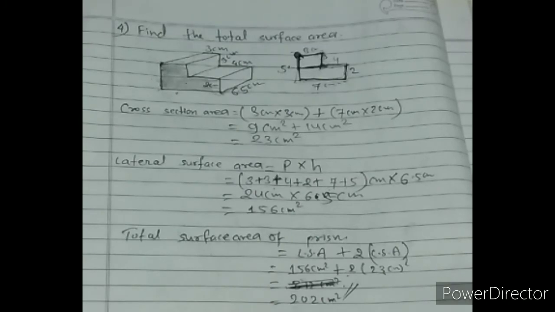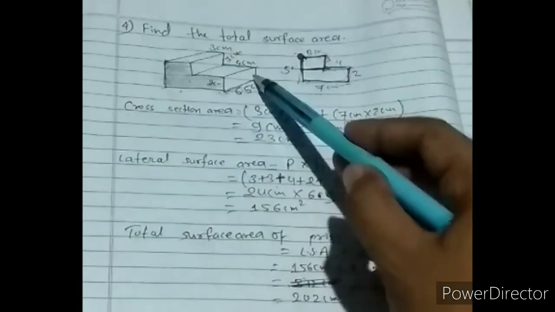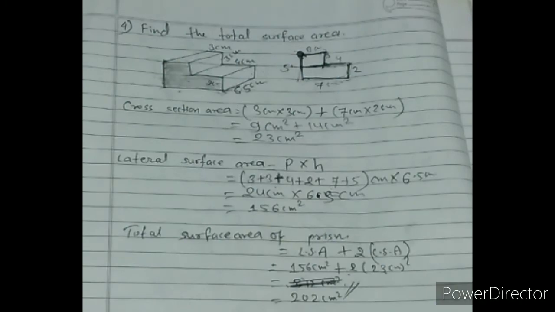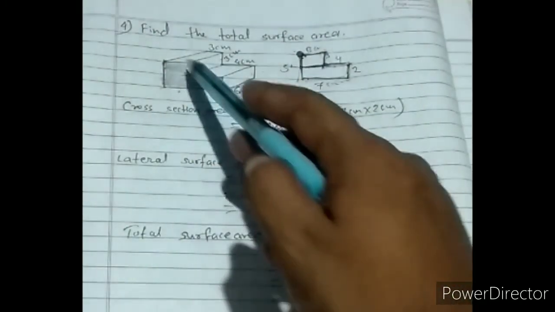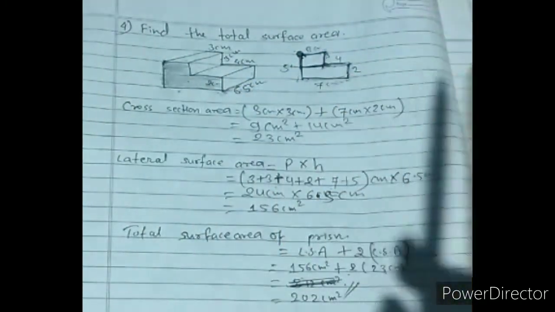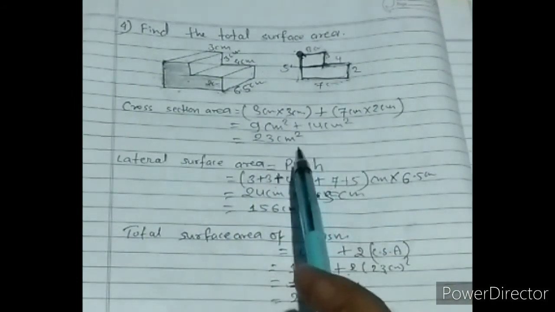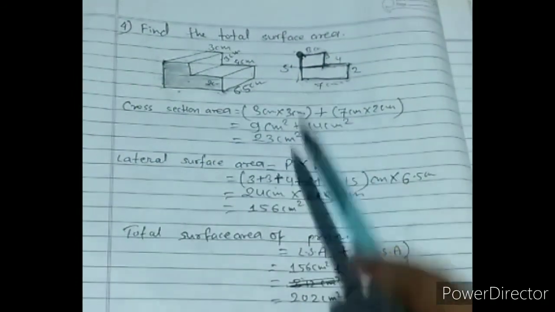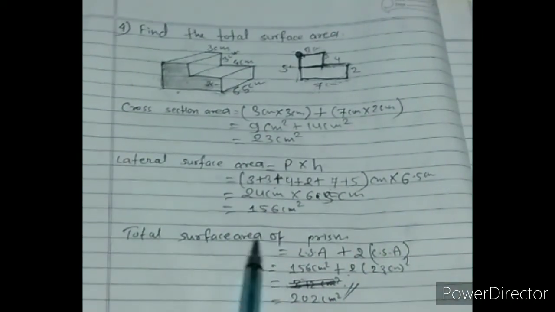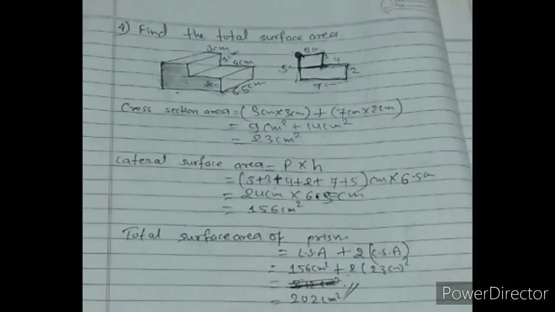So here if it was given to find volume, here it is not given to find volume, but if it is given to find volume, then cross section area into height 6.5 you can simply do. So now from here, to find the cross section area facing part, you have to find lateral surface area, perimeter you have to find and multiply by length, and to find the total surface area, lateral surface area plus 2 times cross section area, and volume is cross section area into height. You have to know these things.